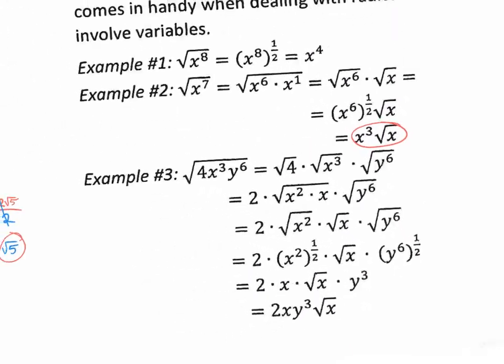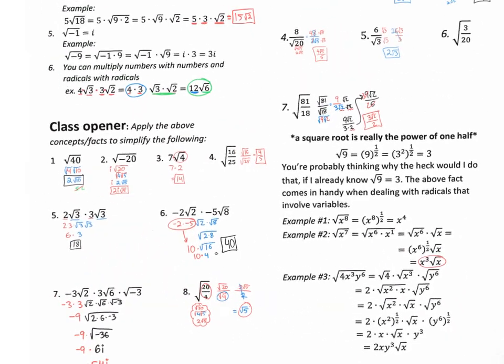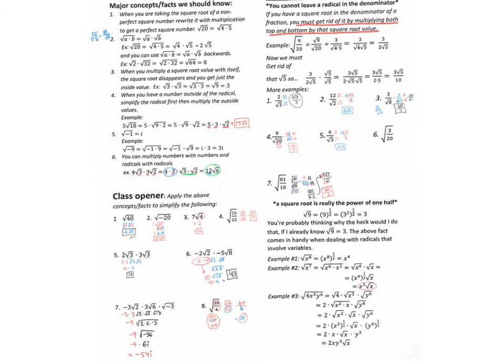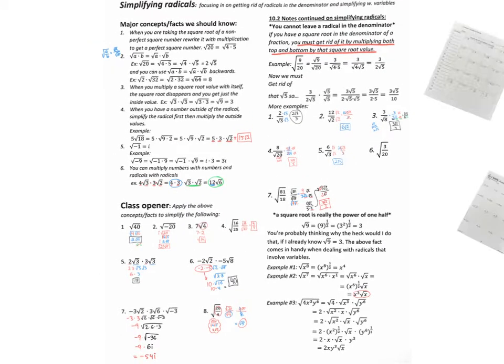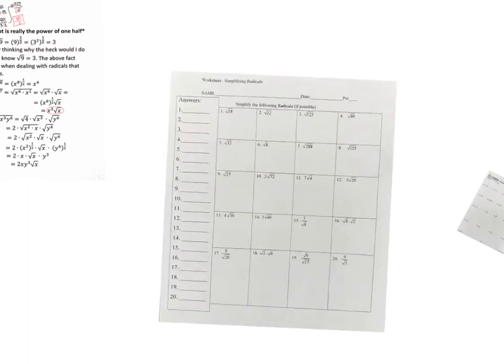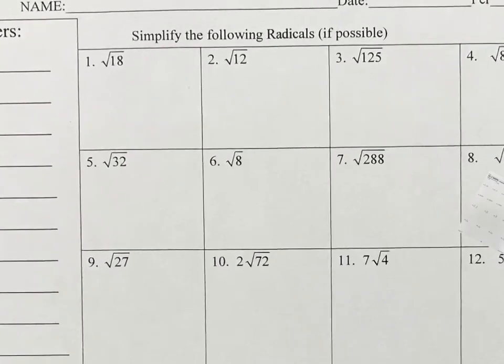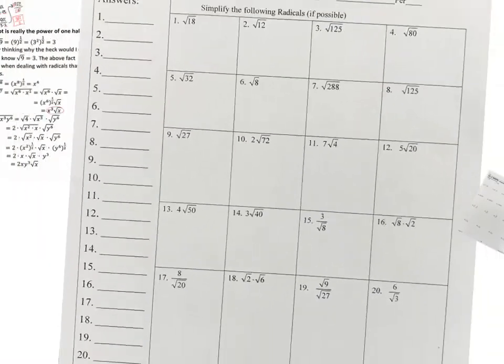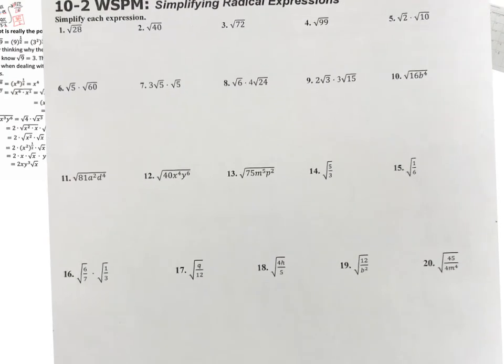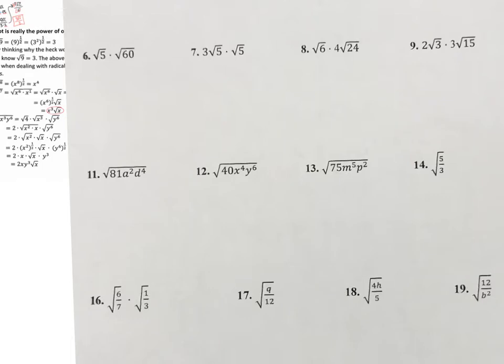That was a long lesson. It's a long video, but we need to know all of this stuff. So knowing all of this stuff, you should be able to do this homework right here. Now this first worksheet is just with numbers, so everybody should be good with that. But the second one is dealing with numbers and variables, right? So what we just covered,